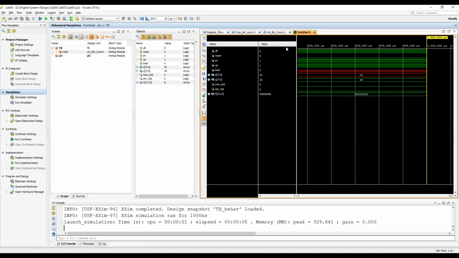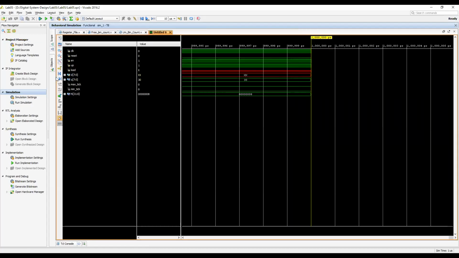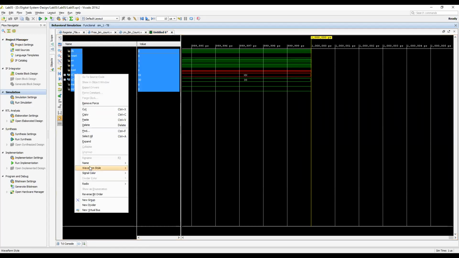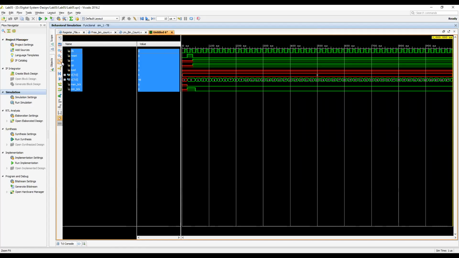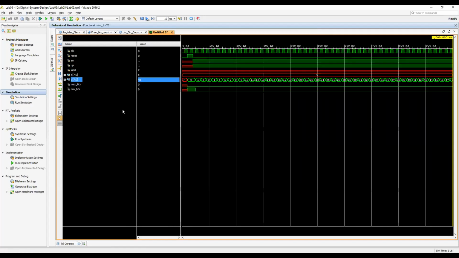Okay, so first of all, keep it in the signed decimal so we can see everything, and then full view. So first of all, let's look at simple up counting. Simple up counting means it starts from 0.